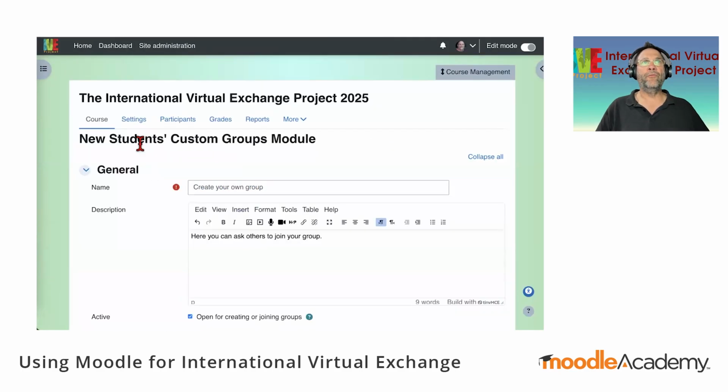The other really cool thing that we created was a student custom groups module. And this is, again, we asked a programmer. What we wanted to do was get students to create their own groups. In the past, a number of years back, we used to create the groups ourselves. And sometimes the group dynamic worked and sometimes it didn't.